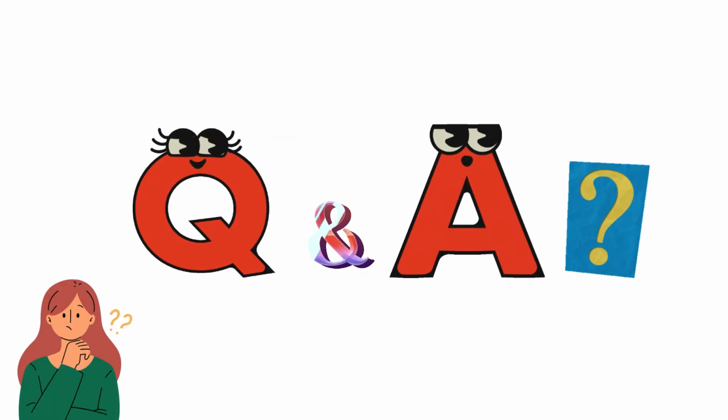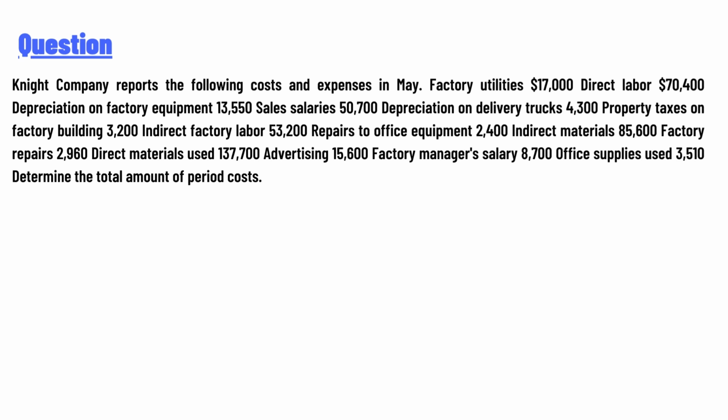So our today's question is: a company reports the following costs and expenses in its factory. Utilities 17,000, factory labor 70,400, depreciation on factory equipment 13,550, sales salaries 50,700, depreciation on delivery truck 4,300, property taxes on factory building 3,200, indirect factory labor